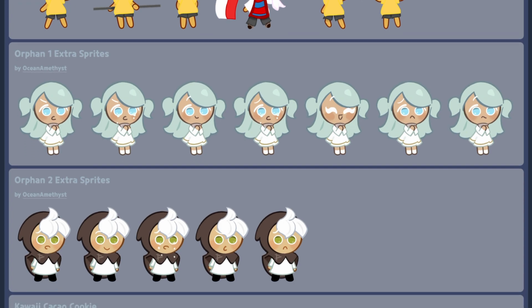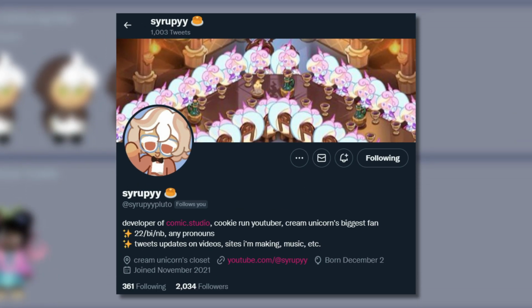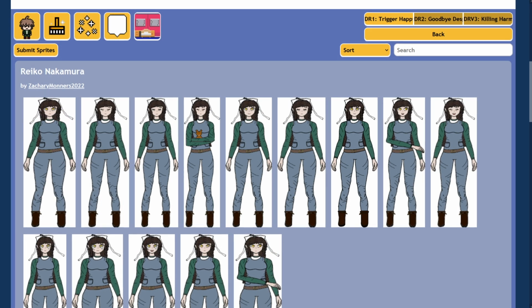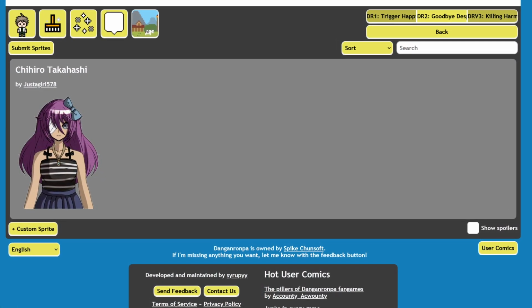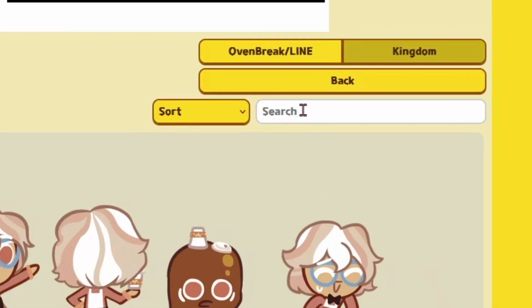As for why this is, I have no idea. You'll have to ask Syrupy, aka the developer of this tool. This user submission separation also carries over to other studios, such as the Danganronpa studio, for instance. If you're looking for something, you can use the search bar over here, but it comes with a bit of